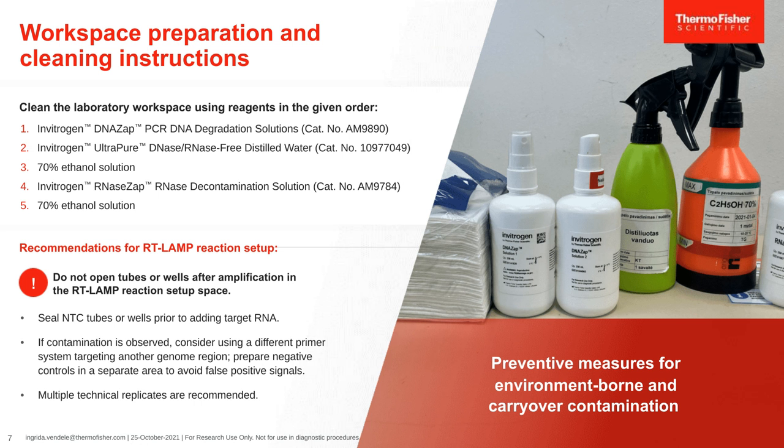So if you're preparing a LAMP reaction to detect a DNA target, we recommend to clean your lab space with Invitrogen DNA ZAP DNA degradation solution to remove any potential contaminating amplicons from your surroundings, and then clean your workspace with RNase-free distilled water to remove residual solution, and decontaminate your workspace with a 70% ethanol solution. However, if your target is an RNA sample, then also clean with your Invitrogen RNA ZAP RNase decontamination solution to remove any potential RNases that could degrade your RNA target, and then remove the residual solution with a 70%